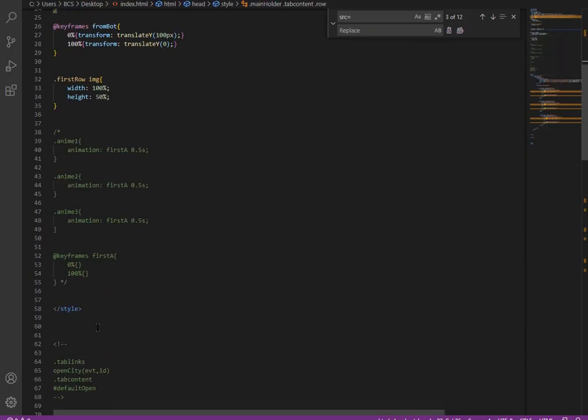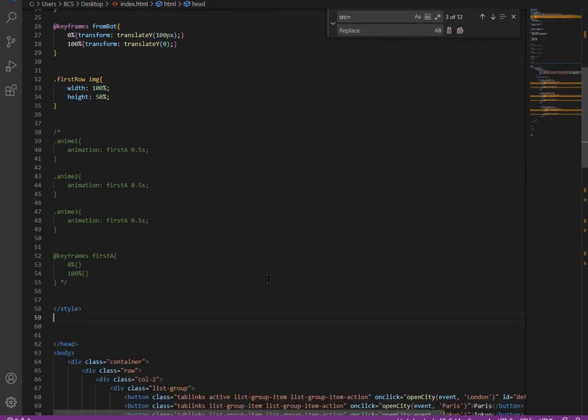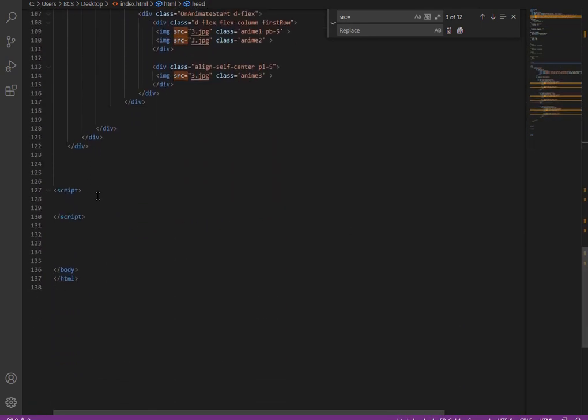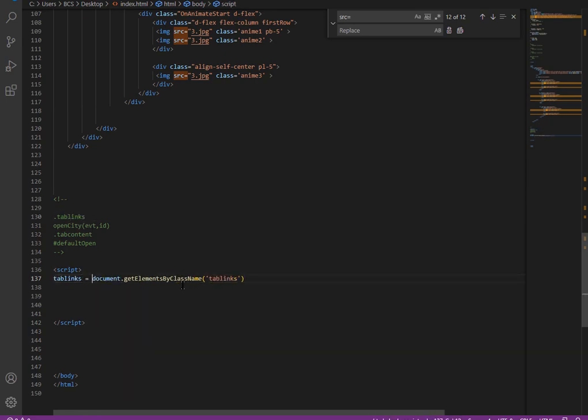Now let's get into the JavaScript. Let's copy the code. So this is class, document dot get elements by class name. I want all the links, so I'll use this tab link and store it into a variable. The same way I want all the tab content.